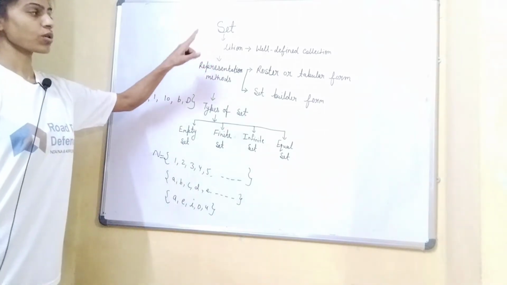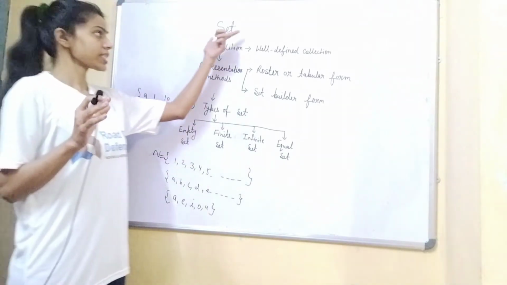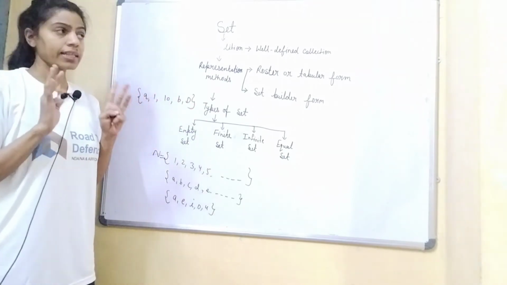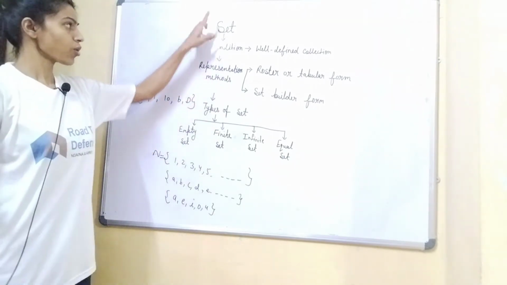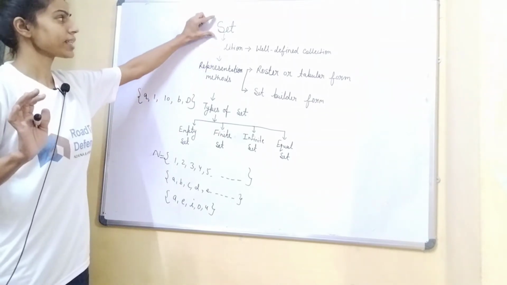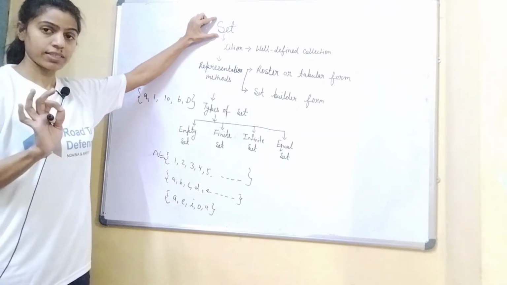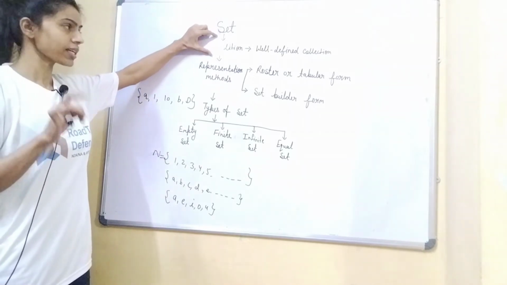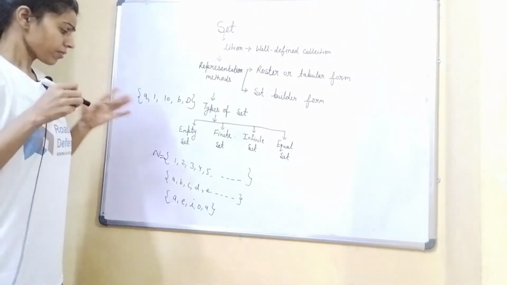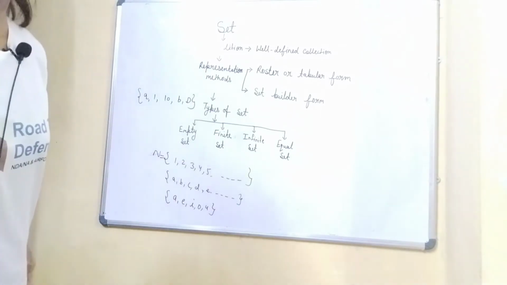So only the collections which are well defined are sets. Clear? The collections which are not well defined are not sets. So I hope that you all understood this. So again I am explaining the meaning of a set. A set is a well-defined collection of objects, only well defined. So this is the condition, it should be well defined. Clear? Now students, I am giving you some more examples of sets.